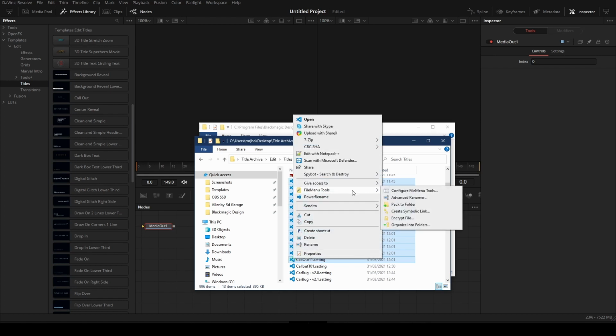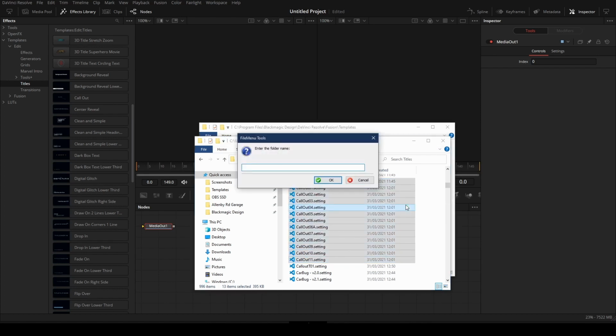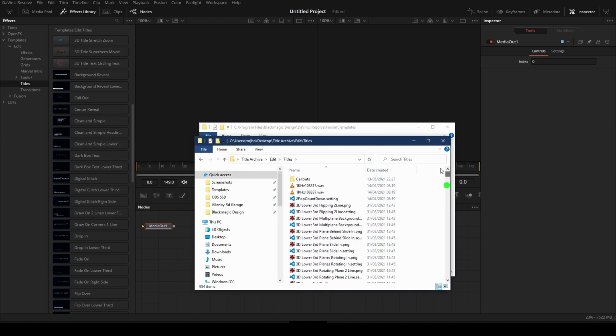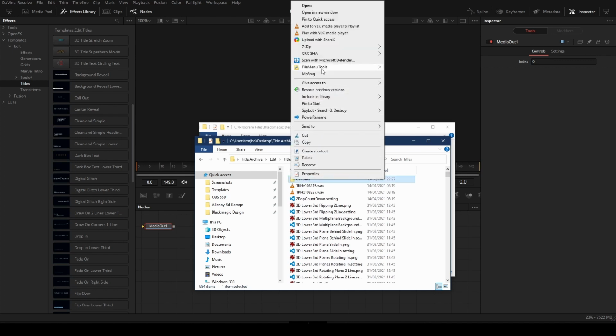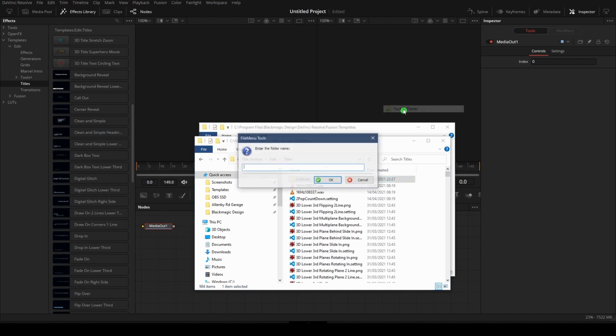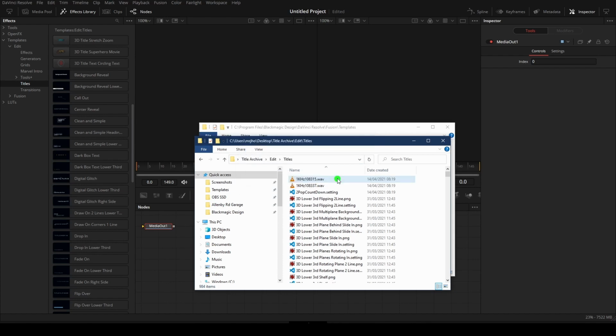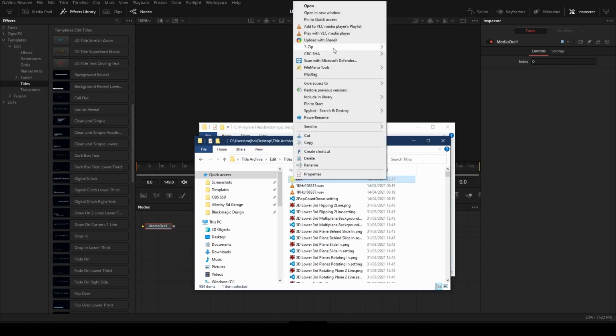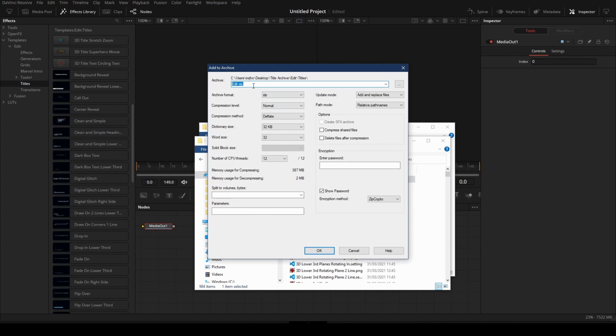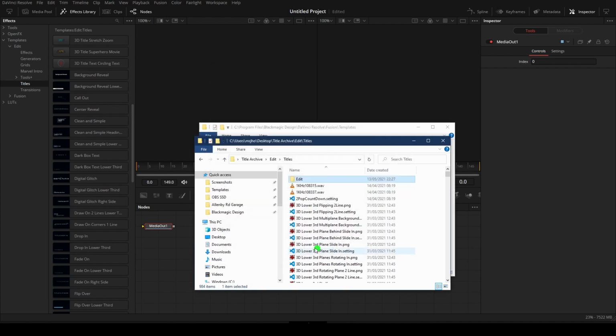But what I'm going to do is put them in a folder, and let's call it callouts. And then I'm going to put callouts in another folder, which is called edit. So I want to create a new folder, go in edit, and then zip the edit folder up, add to archive. And let's call this callouts.drfx. Now the reason I can put drfx here is because the archive format is zip. If I put zip there, it'll still work. So zip it up,